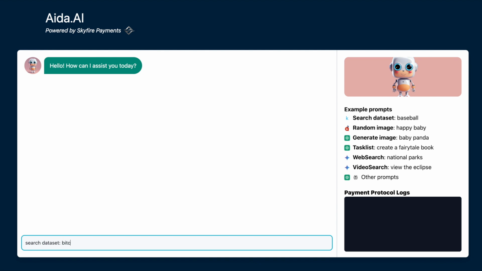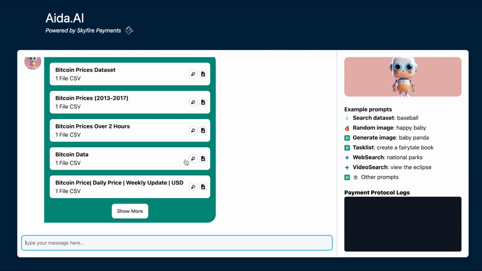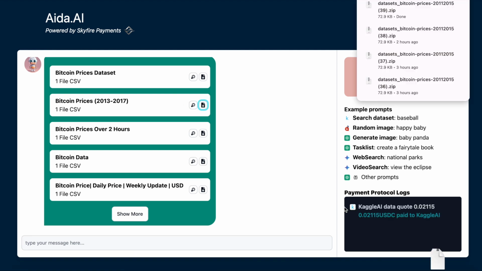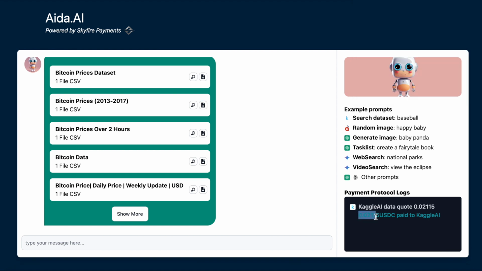Let's say I'm interested in Bitcoin prices. Great. So Ada goes out and she finds a variety of data sources that I can use in my analysis. In the interest of time, let's just buy one. So what Ada does is she's able to go out and get a quote for how much this service costs. In this case, it was just over 2 pennies. Now that meets the budgeting that I've set within Ada, and so she makes the purchase and receives the data